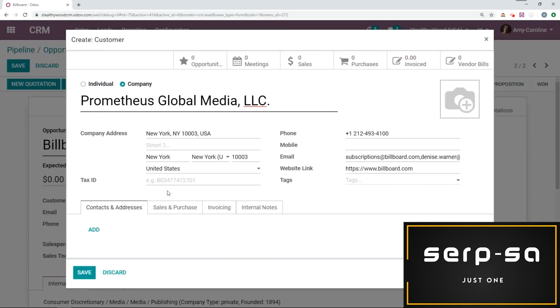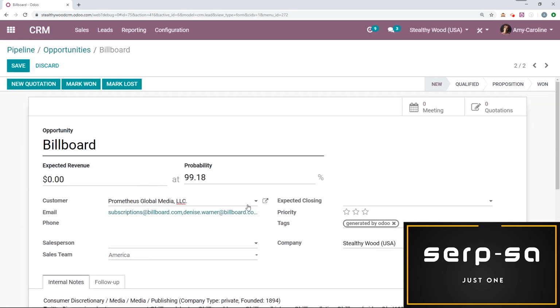And as you can see, all of the information is automatically added when I want to create this customer. I don't have to manually enter it, which is going to save me a ton of time, especially depending on how many leads I would like to generate. Okay, so let's go ahead and save this. And now that I have a contact saved and I have all of their information, I'm going to change the opportunity